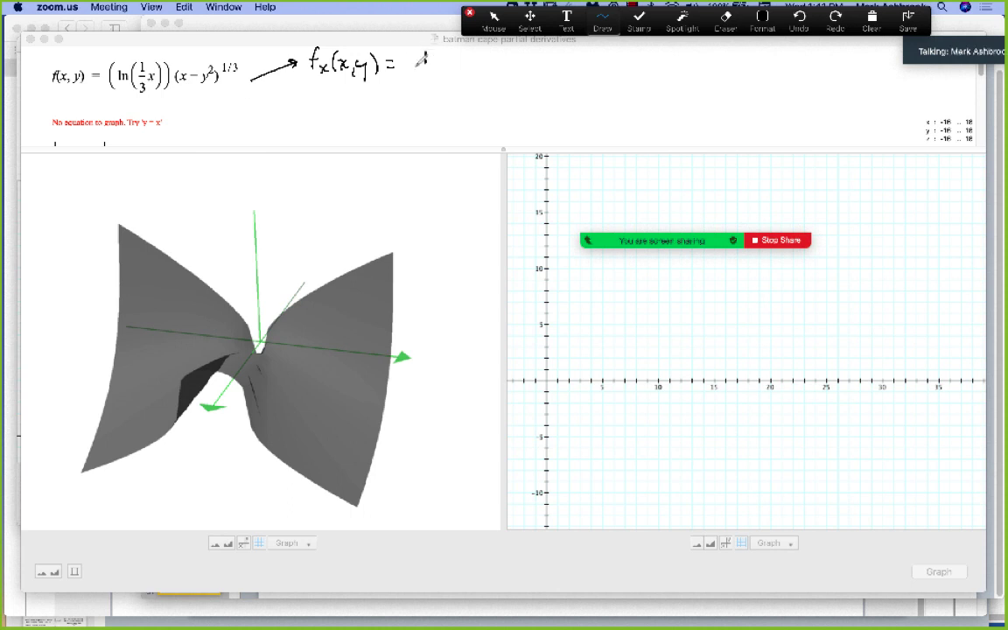Derivative of the first: 1 over that times the derivative of that, times the second as it is, plus the first times the derivative of the second. So what's the derivative of that? Power rule. 1/3 times (x minus y squared) to the negative 2/3 power, right? But then times